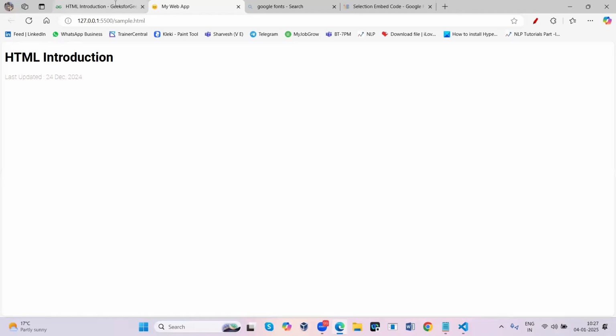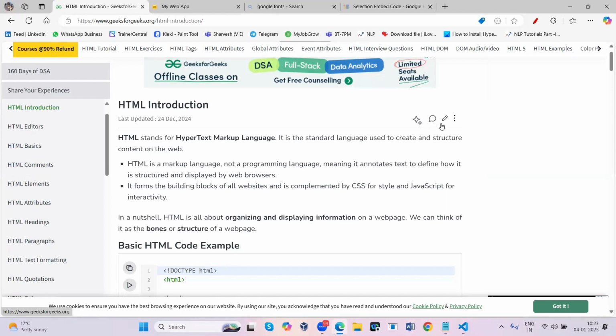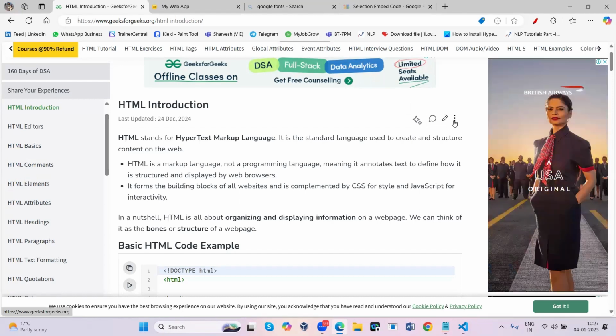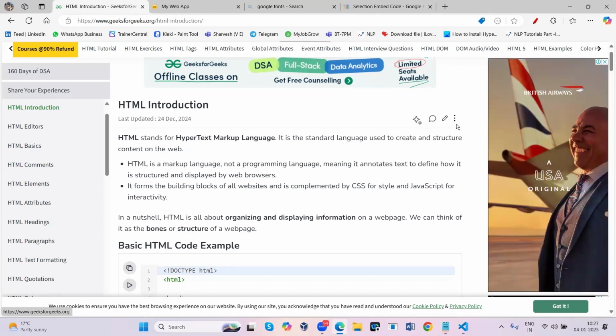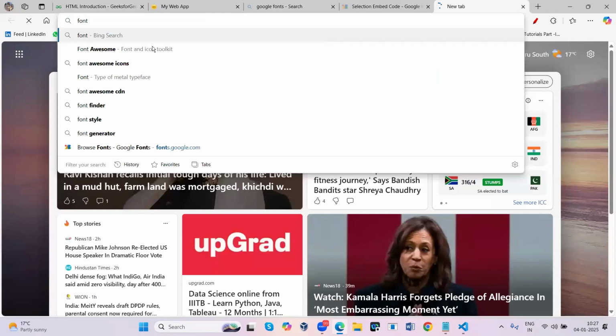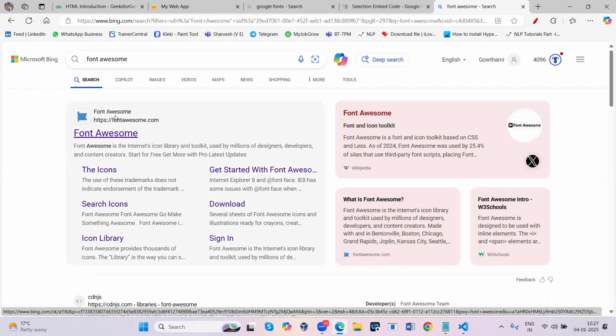Later, what I need to do here is, let's give a line here. You have these kinds of symbols also. You can also get these symbols. How to get these symbols? There is a website called Font Awesome, for icons also. So what I will do here is you just type Font Awesome. There is a website called Font Awesome. Just open that website and you can select whatever icon you want for your documentation. Once you open, you need to sign in. Okay, you have to sign in.